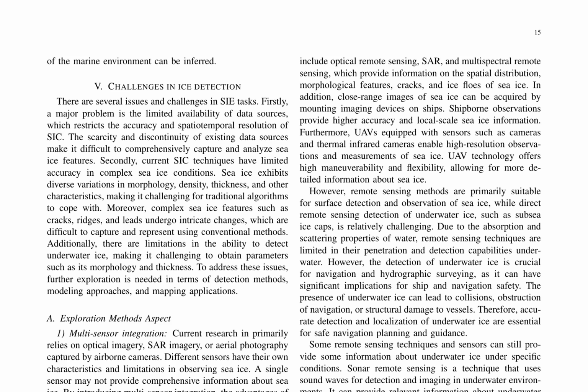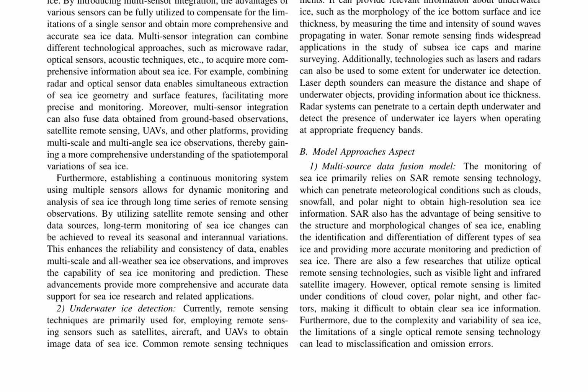Multi-sensor integration combines different technological approaches, including microwave radar, optical sensors, and acoustic techniques, to obtain comprehensive information about sea ice. This method has been demonstrated in the classification of sea ice using SAR and optical images. For instance, by replacing the B band in RGB images with a single SAR band, superior results were achieved due to the weaker texture characteristics of the B band and the better reflection properties of SAR for sea ice. Furthermore, concatenating a single SAR band with the RGB 3-channel image forms a 4-channel image, enhancing the model's performance in